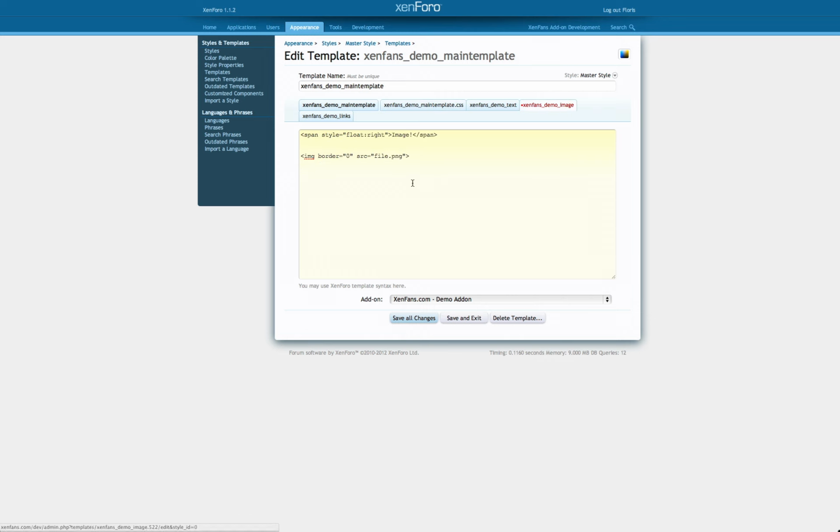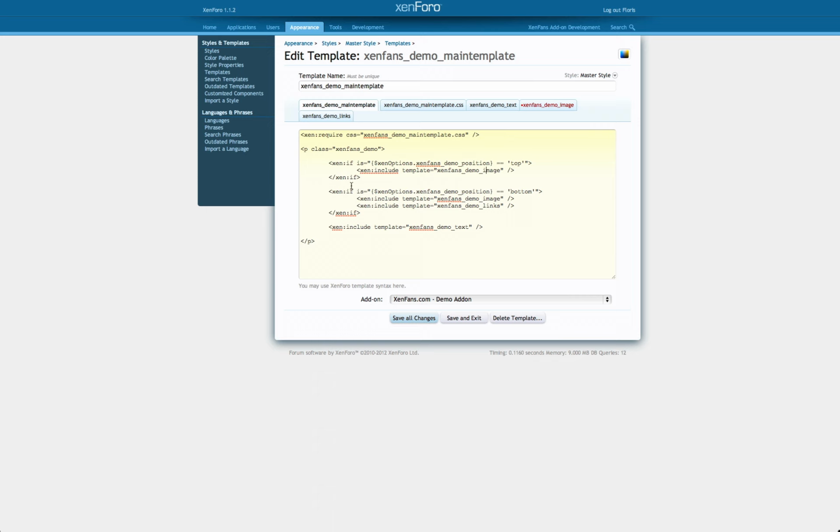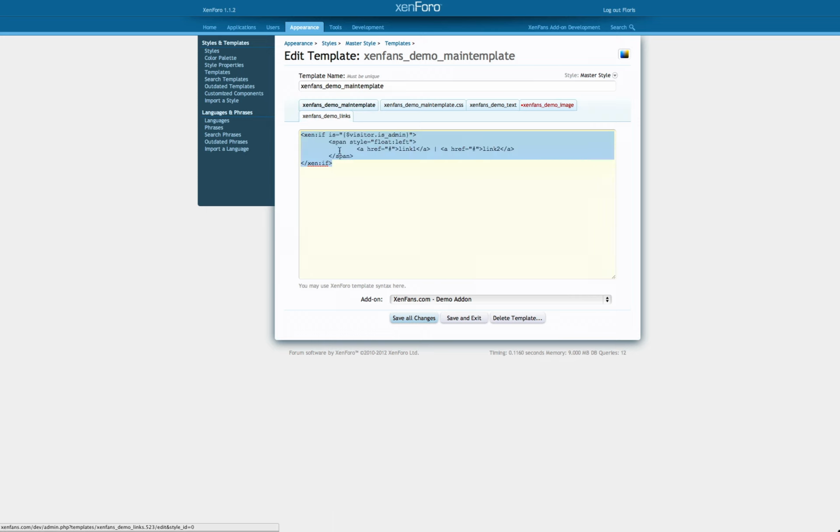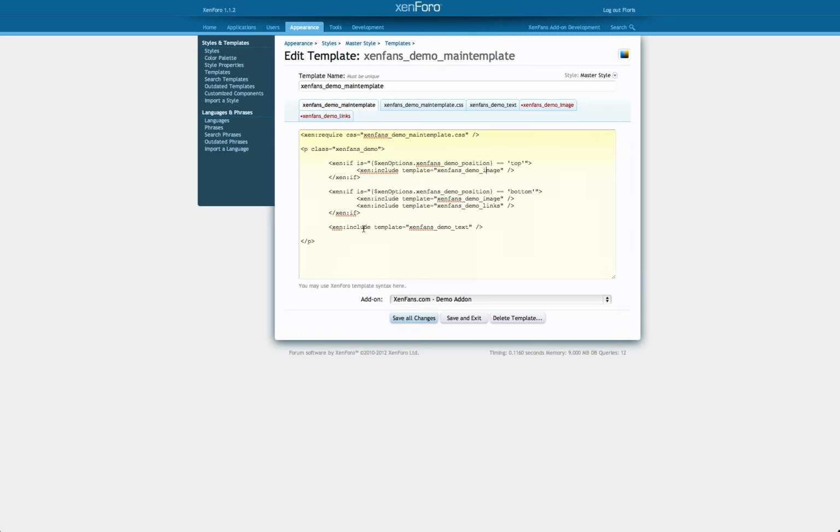But you know, this could be anything in your add-on, so I'm going to keep it a little bit simpler. So I'm going to keep float right within the image, making this easier to read. And the only other change is that I want the admin check to not be in the links template. I want this to be in our main template. So we're going to wrap the include around the if conditional,